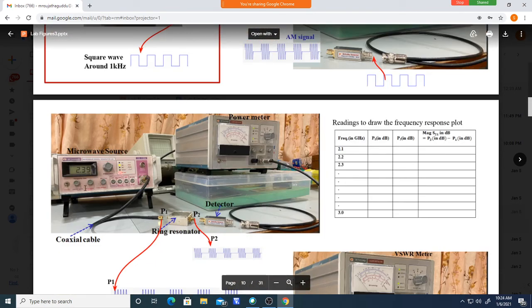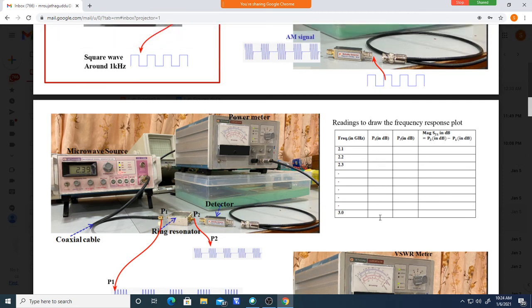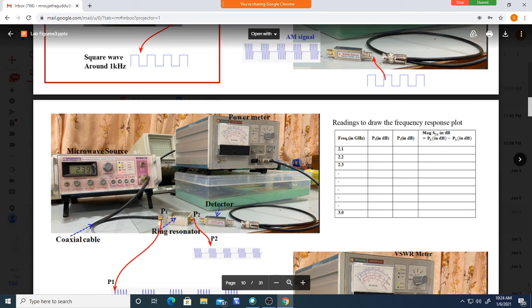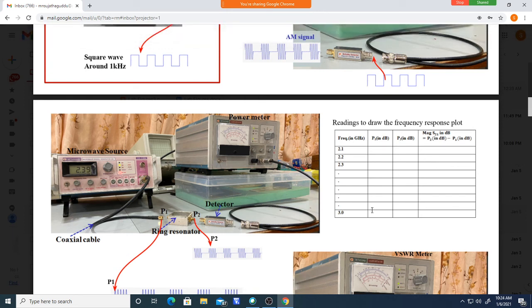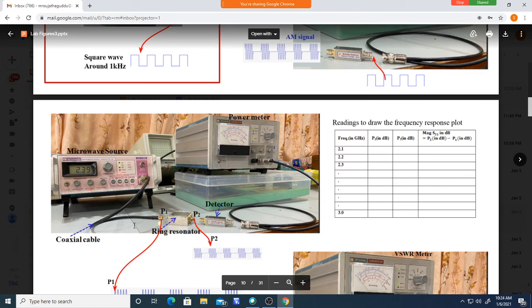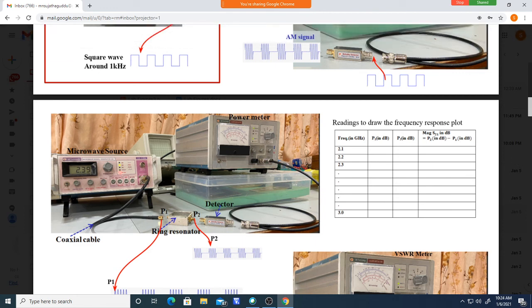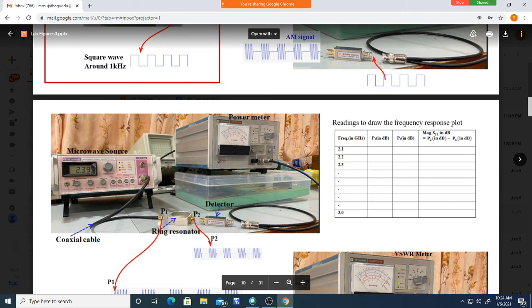This is fixed, keep it at maximum, because the power coming is itself very low, in the order of 30 dB, 20 dB, so keep it at maximum position. That is a constant we kept. But even if you keep it constant, if you vary the frequency, a small change in P1 will be there. That's why, as the frequency changes, you note down how much variation is there. P1 at 2.1, that is the input power at a different frequency. You have to note it down, because of a detector problem, even if you keep this knob fixed.